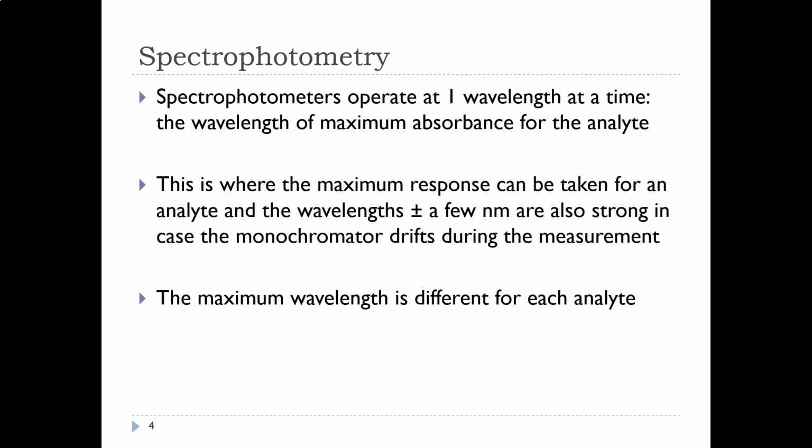Now that being said, in industry, in companies, they don't repeat this. They're using the same instrument all the time, and they're assuming that the temperature of their lab room is going to be pretty consistent. So they will determine the lambda max for their instrument at their operation and then use that same wavelength every time they do that test. They still have to find the extinction coefficient for Beer's law every time they do the test, but the lambda max